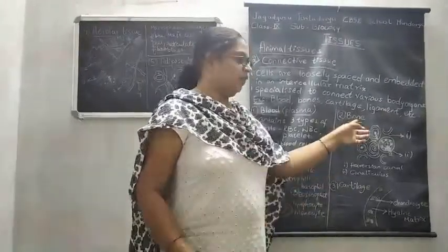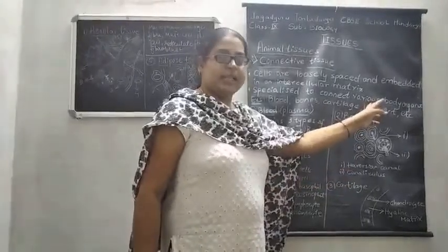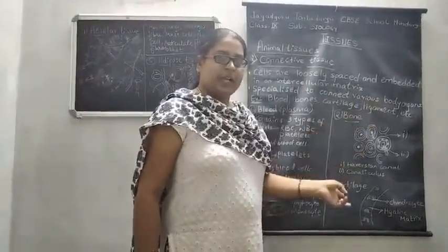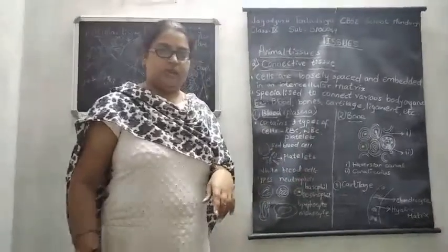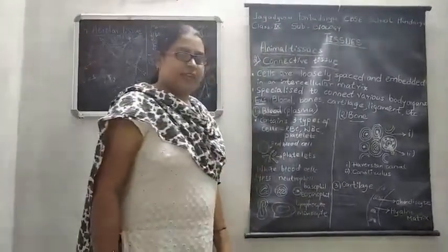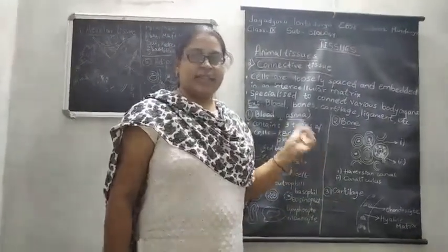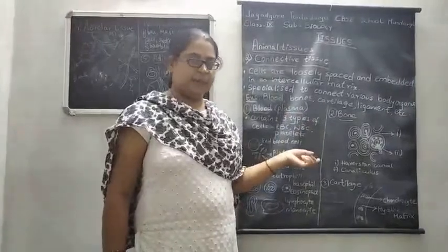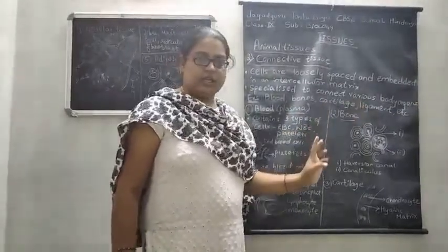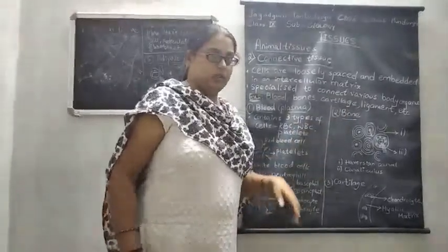One bone is connected with another bone by a type of connective tissue we call ligament. It is a little flexible. The second type is tendon, which is made up of fibrous tissue, and in that fibrous tissue calcium and phosphorus compounds are present, and it is less flexible when compared to the ligament. Understood? That is considered a bone connective tissue only.